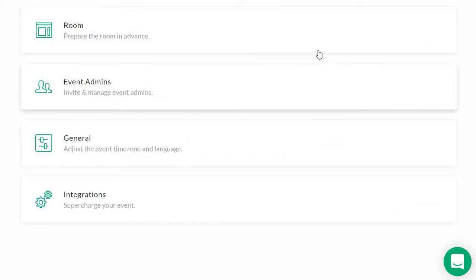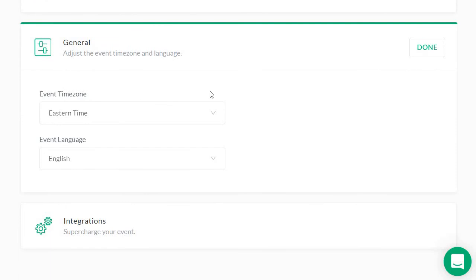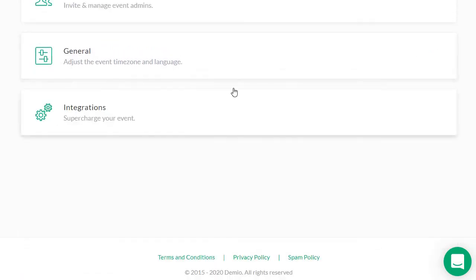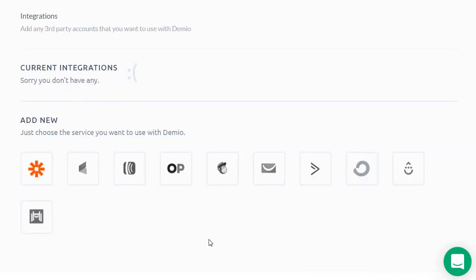Okay. Then, of course, event admin is very simple. It's just you, your email, your name, so I don't need to go there. General is going to be, once again, very similar, your time zone and your language. And, of course, you have integrations, okay? So in case you were curious about the integrations, allow me to show you the ones that they have in 1 second, okay? Okay, so as I highlight over these, and I know pretty much what most of them are,